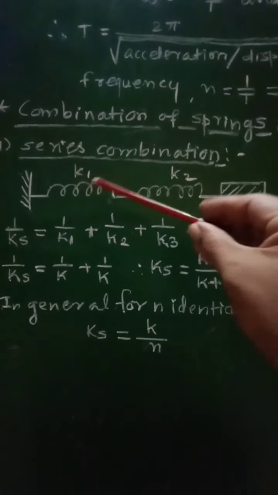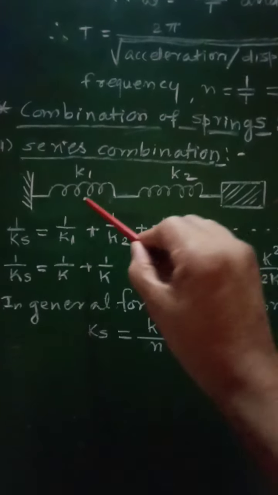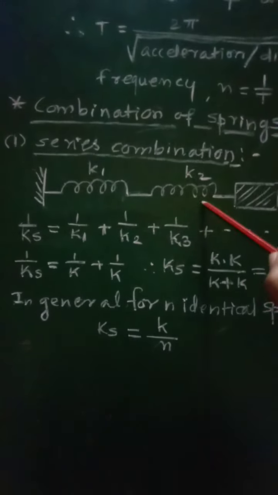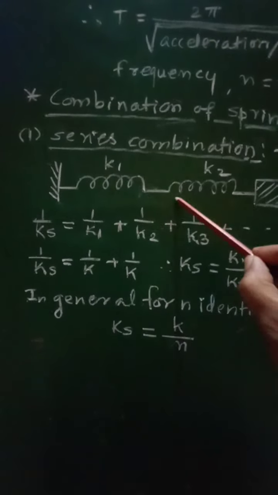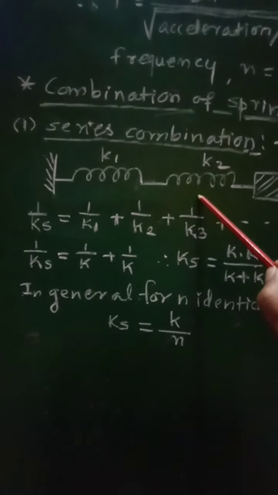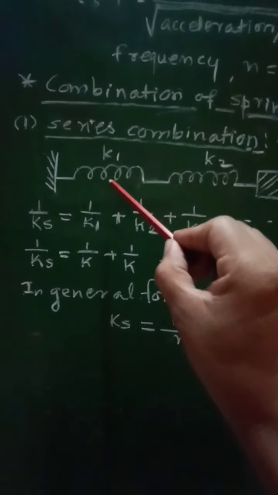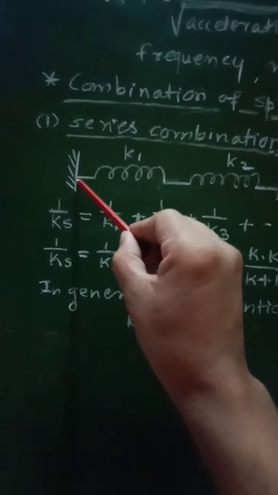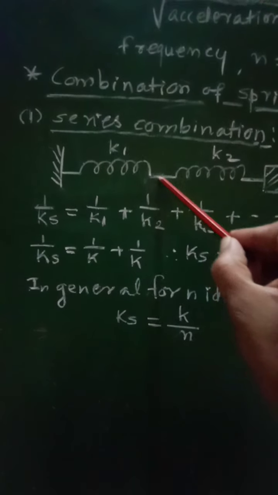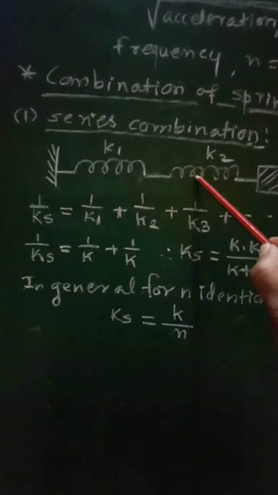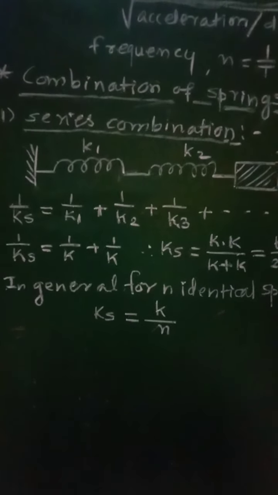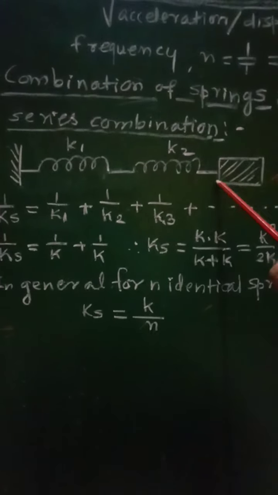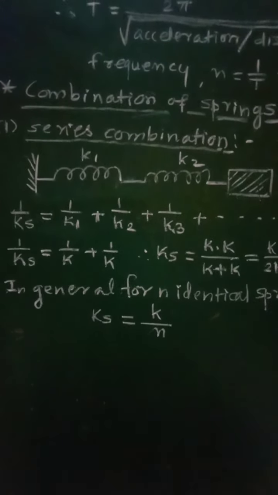So if the number of springs are connected one by one, this type of combination is series combination. Here for simplicity we have considered only two springs having force constants K1 and K2. One end of the first spring is connected to the rigid support, and the other end is connected to the first end of the second, which could connect to a next spring. But we have considered only two springs, and then a load or mass is attached.